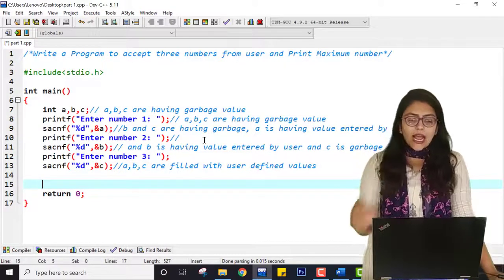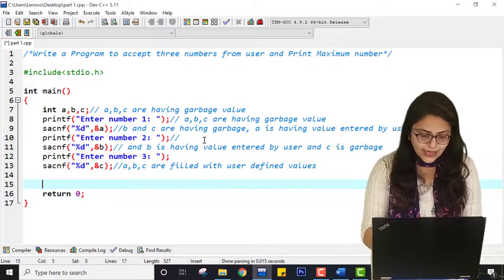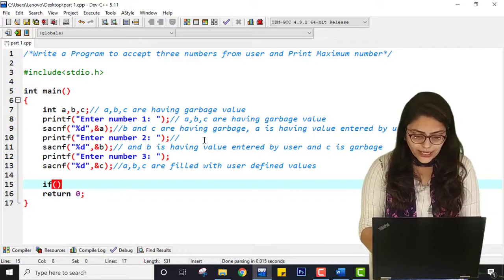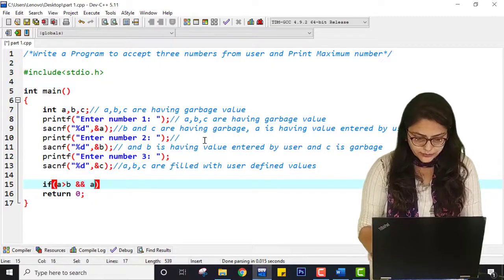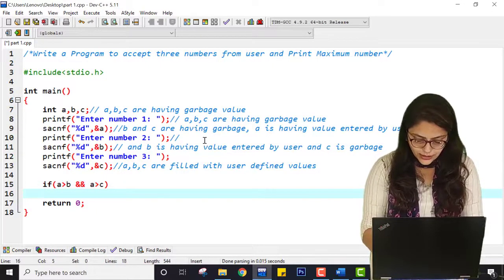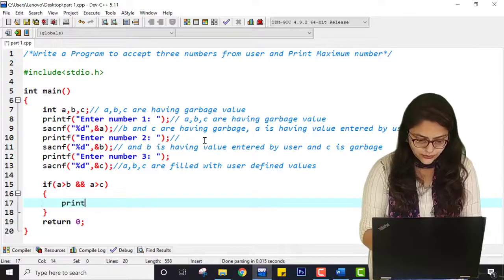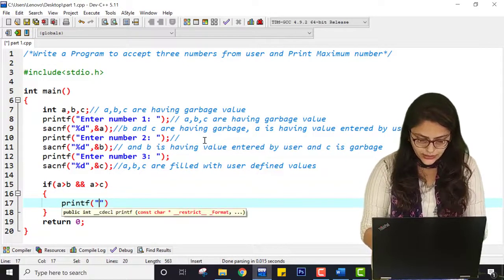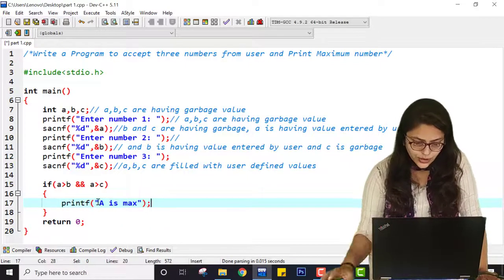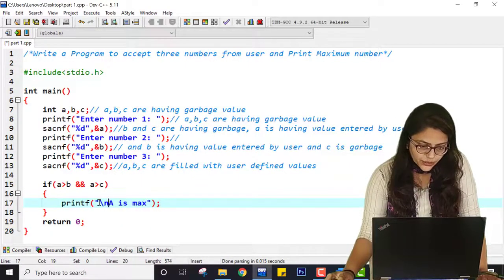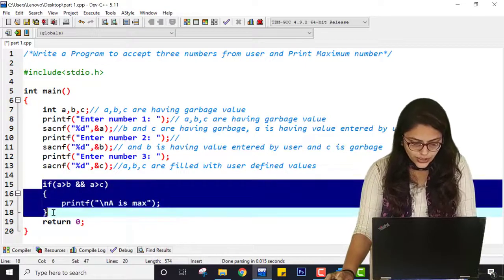So this is the way. I have shown you the logic in my live lecture. If you are writing A greater than B and then A greater than C, that means printf A is max, right? In my live lectures I have shown you this logic. I am just repeating it so that you will have the knowledge.